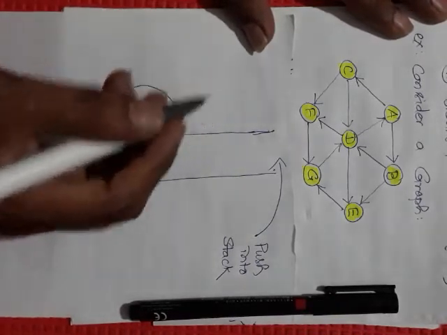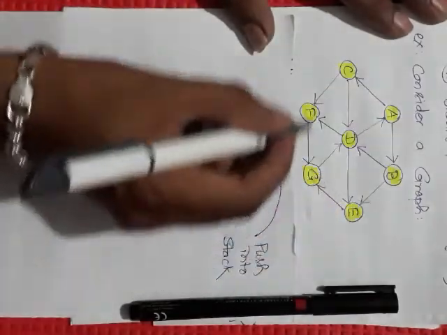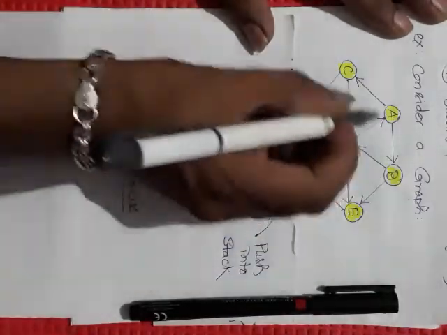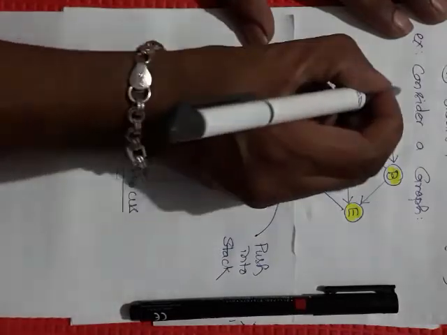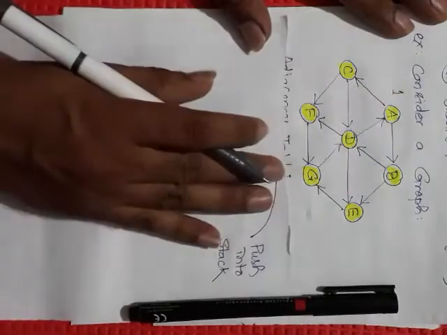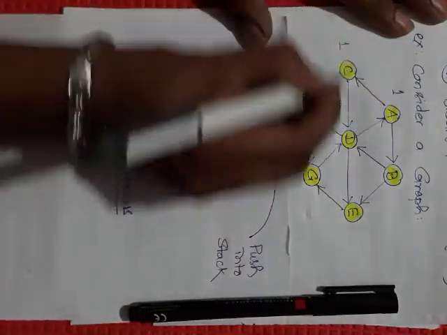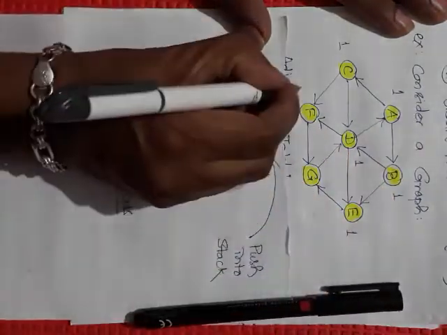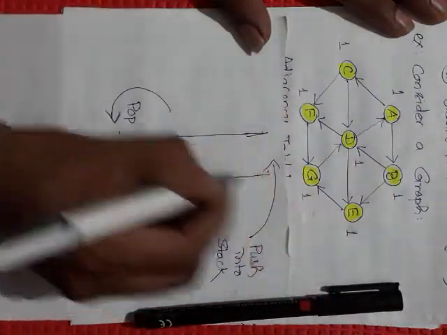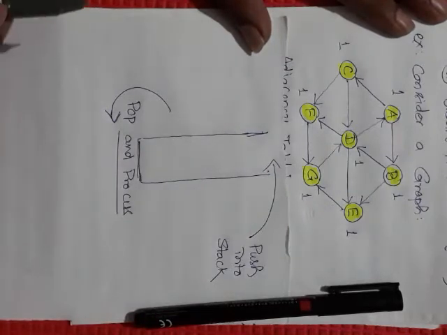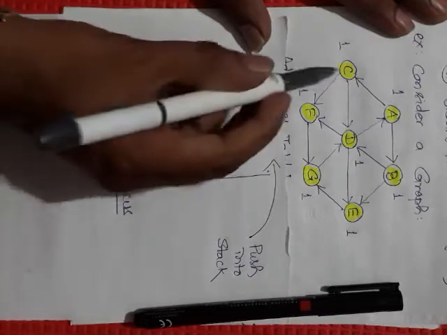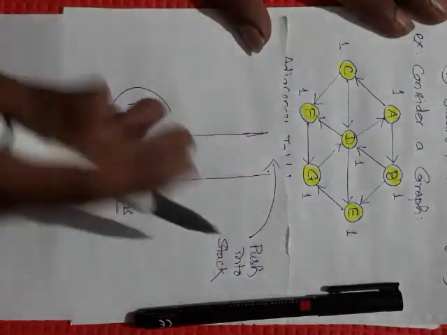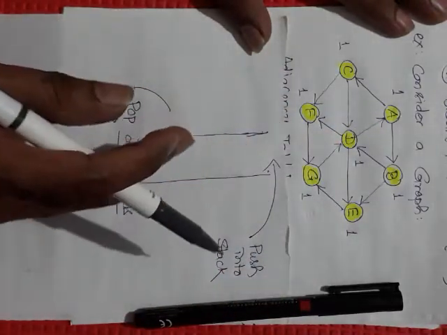Before that, as all the graph is ready now, all the nodes are in the initial state. Let me update the state of all the nodes to 1, that is, the ready state. I am writing here the states are 1, which means ready state. It means at this instance we can start from any node, considering it as the first node. So all are in ready state, meaning no node is processed and no node is waiting in the stack.